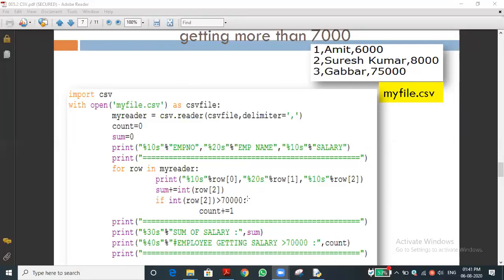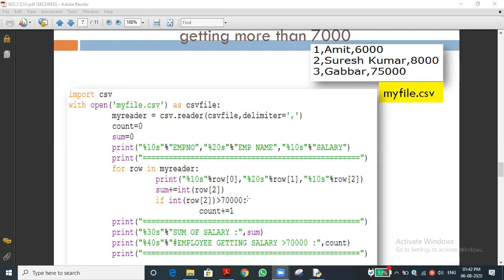For example, if you are a company owner, you are asking the accounts department, how many of you are getting more than 70,000? I want to know that person. For example, if you want to ask, this very easy program will tell us. In whatever way of segregation, it will do it. It will segregate by how many of you are getting more than 50,000, more than 10,000. Likewise, we can keep it.